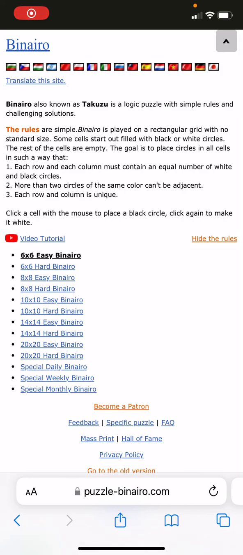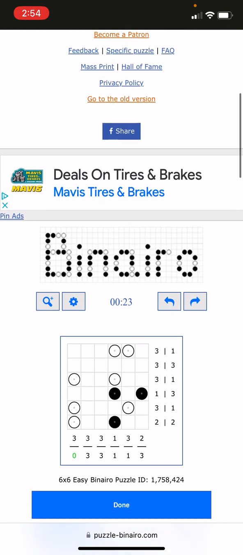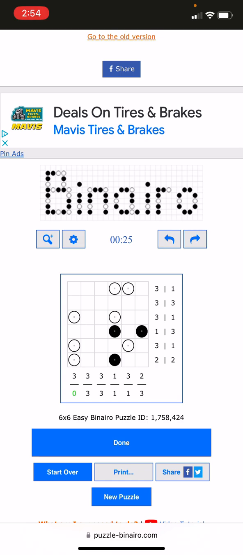Hey everyone, today I'm going to walk you through how to complete a 10 by 10 easy Binairo puzzle. So a Binairo puzzle is simple. It is just a rectangular grid. I'm going to scroll down a little and you can see that it's a rectangular grid with white and black